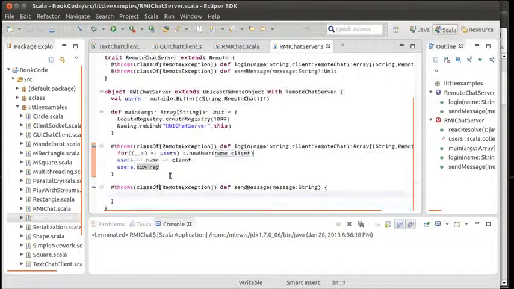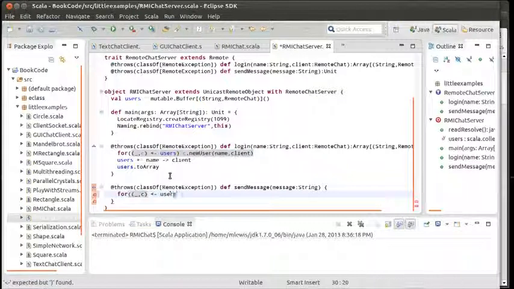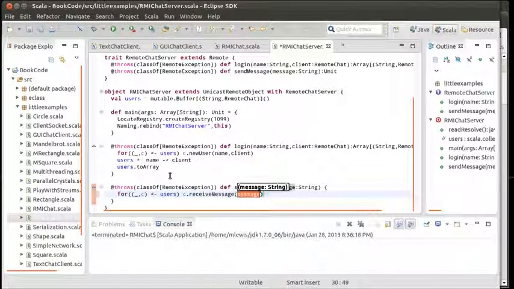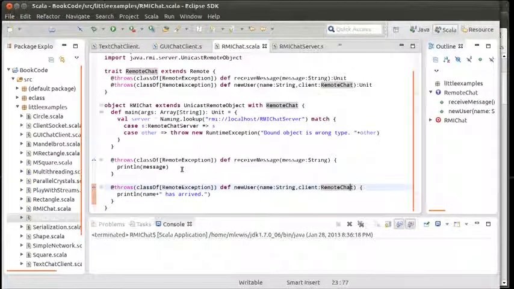For the send message, this was one of the clients saying to the server, hey, here's a message from me, and so I simply want to run through again and have all of them receive the message, whatever the message was. Okay, and that kind of completes our server. Our client is fairly simple,